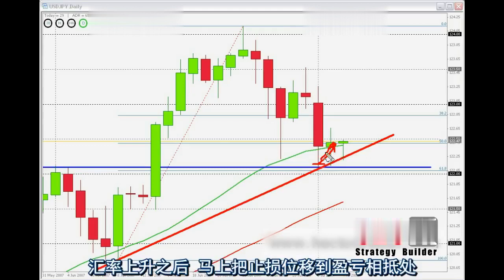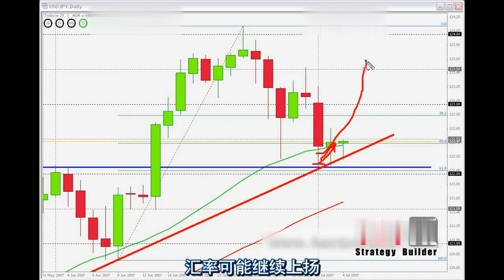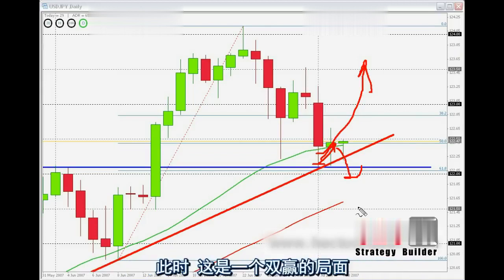We see a small retrace, we move a stop to break even, and then it's a risk-free trade. Okay, after that, well, you might get lucky, you might see price moving up in your direction, or you might get knocked out of the trade at break even. Nonetheless, it's a win-win situation, okay, or at least a win no loss situation. All right,